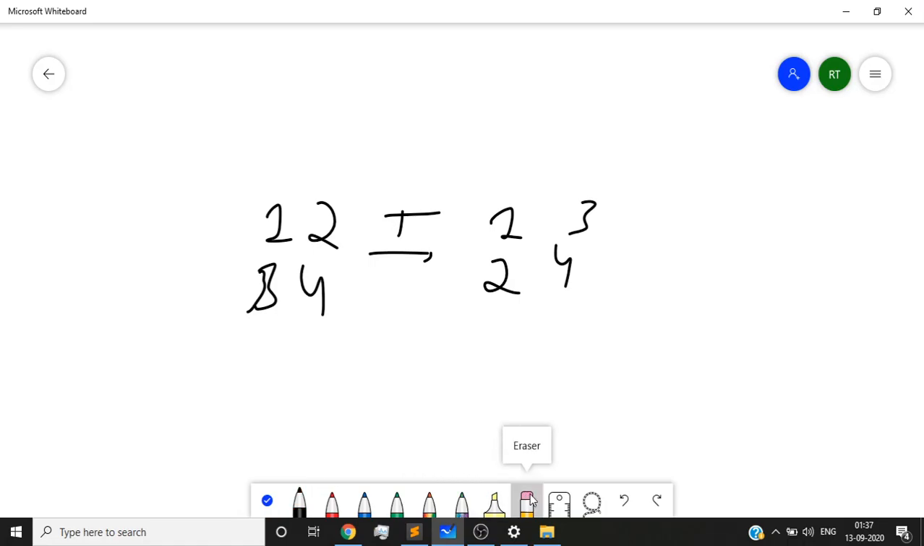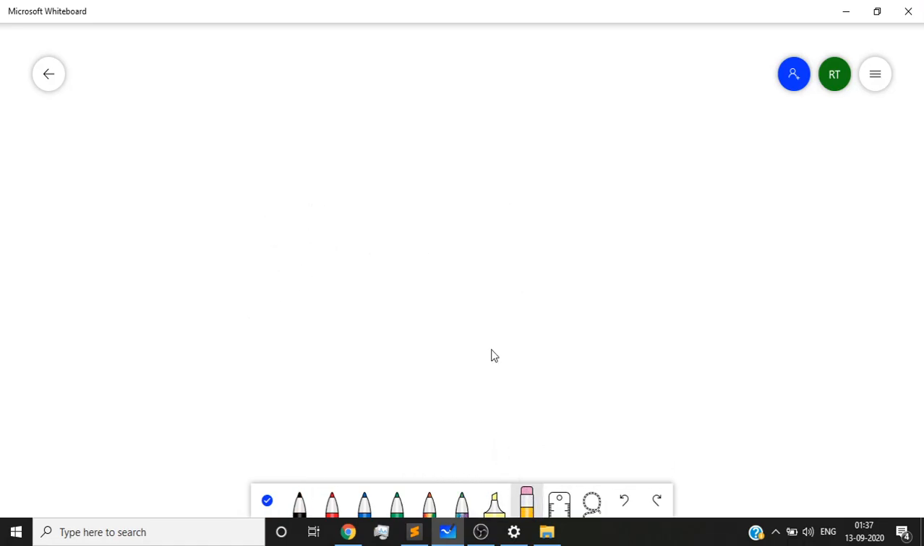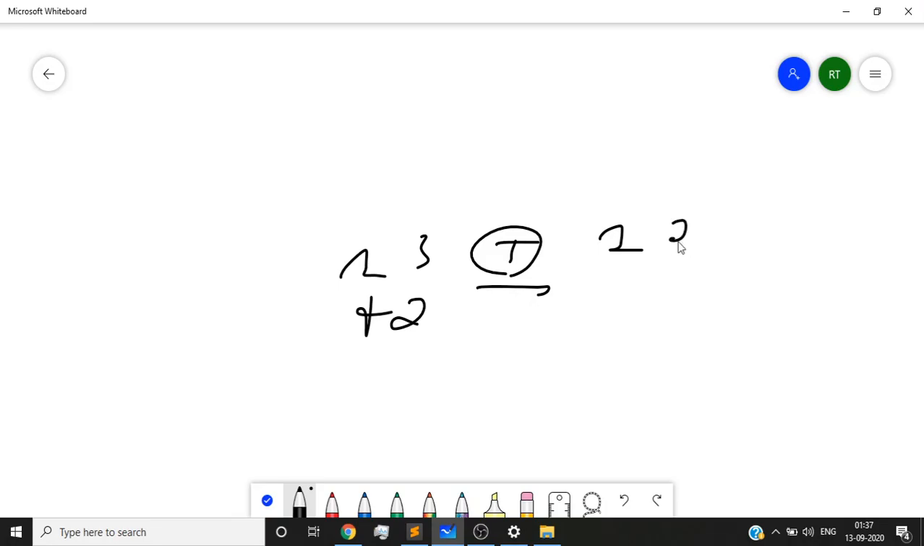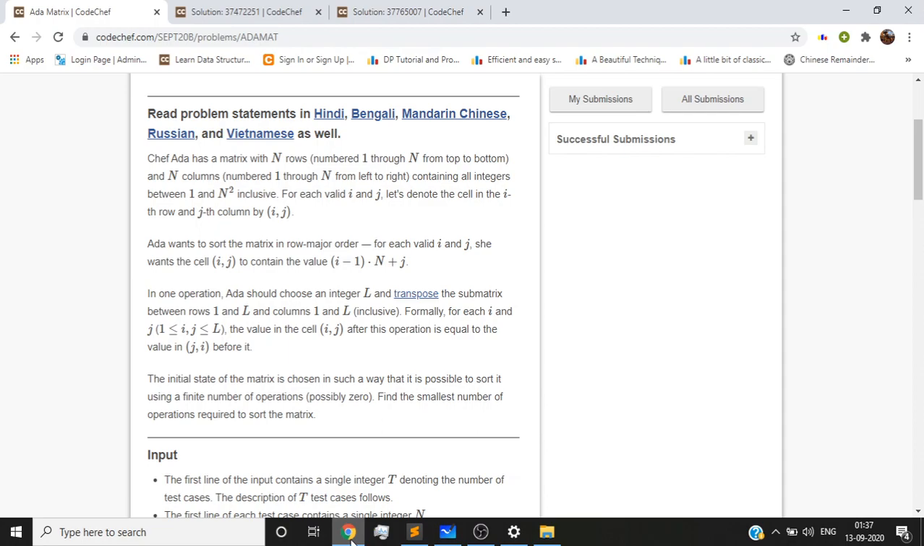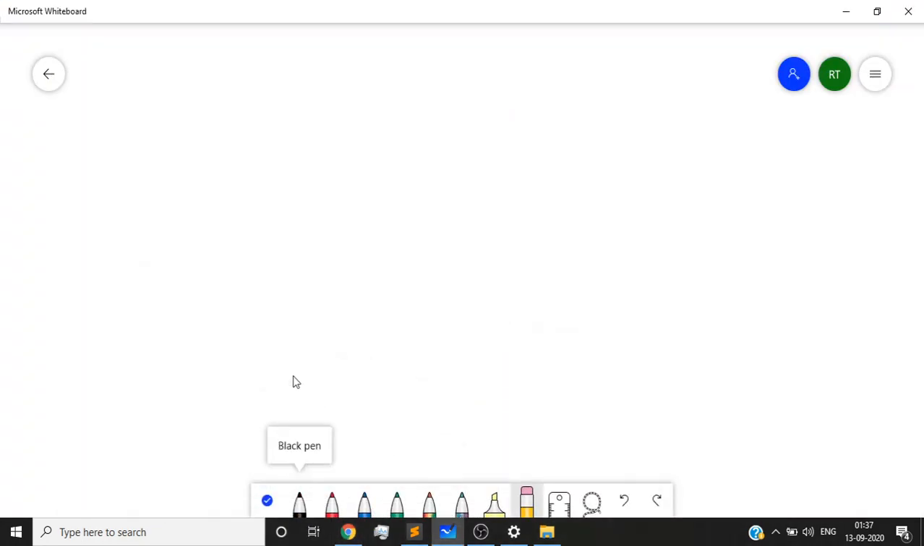So let's take an example. Let's say we have a 2 cross 2 matrix, 1 2 3 4. Now if we apply any number of transpose operations, it won't ever become sorted. So these types of cases were not given to us. Okay, so basically what our strategy would be, let's say